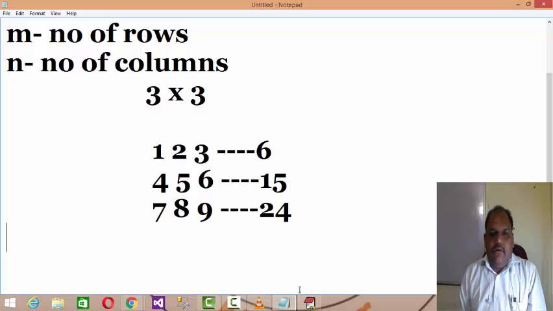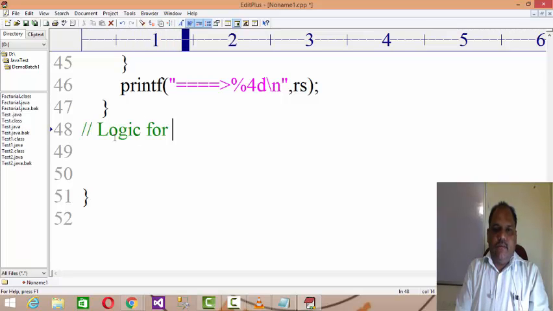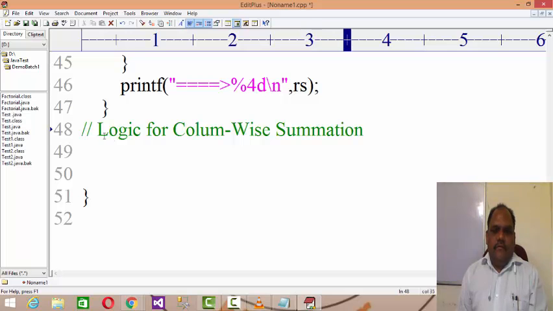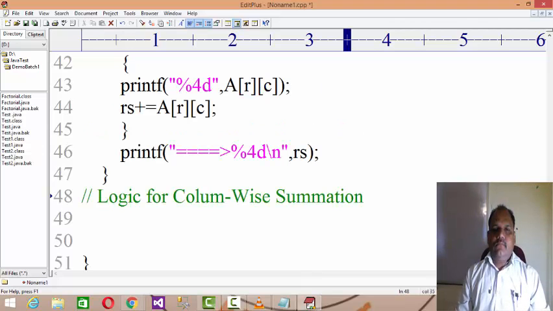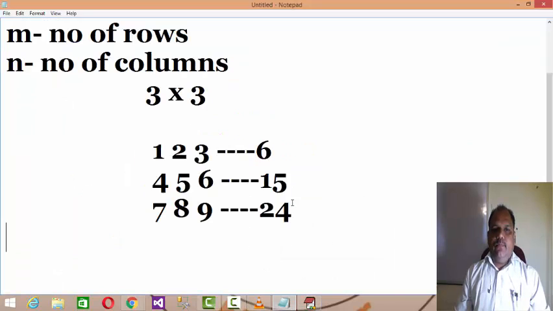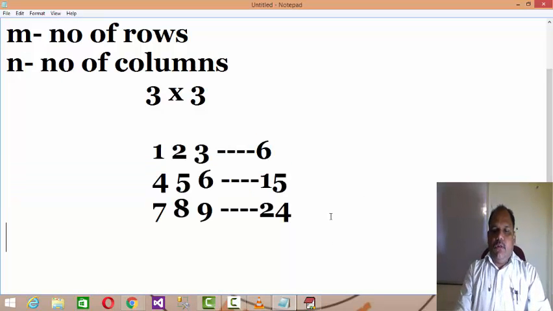Now the next is the logic for column wise summation. Okay, so as we are able to perform the row wise addition, now we are planning to have a column wise addition.